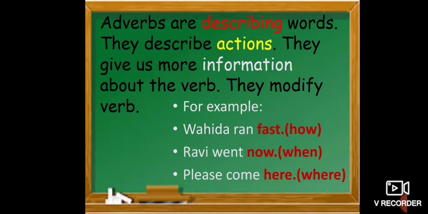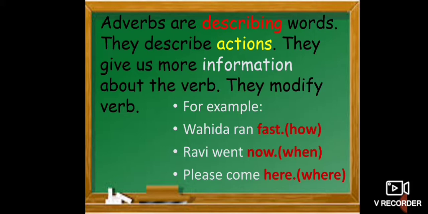For example, Wahida ran fast. Here, Wahida ran itself is a complete sentence. You can understand what Wahida did. But when the word fast is added, it gives you more idea, like how did she run? She ran fast. So when you ask the question how to the verb, how Wahida ran, fast, that is an